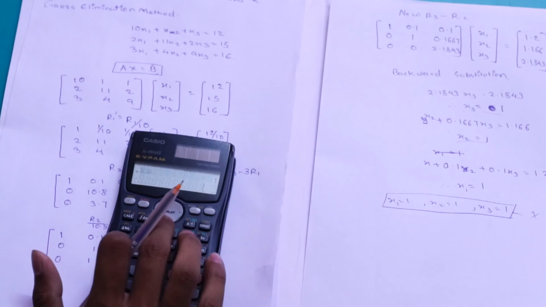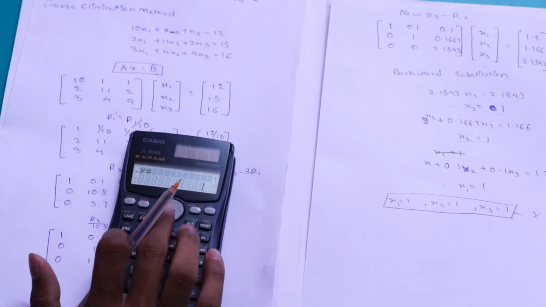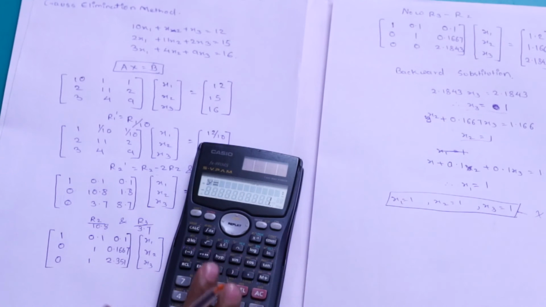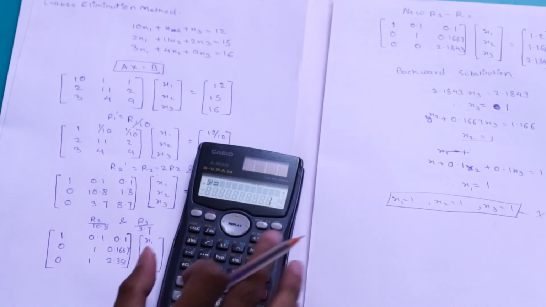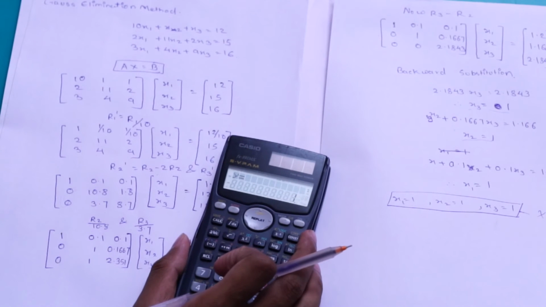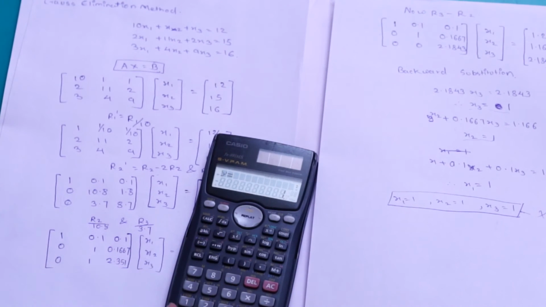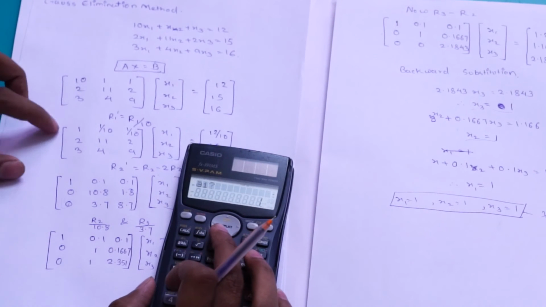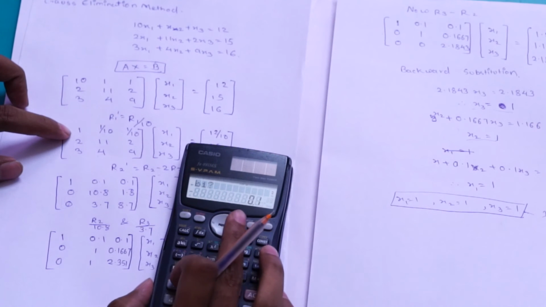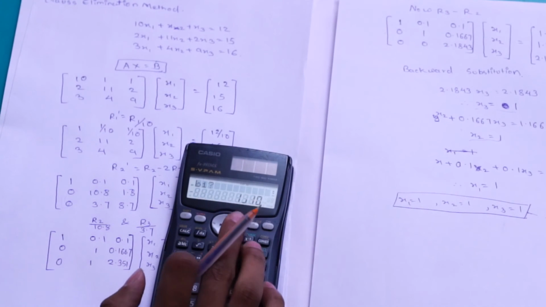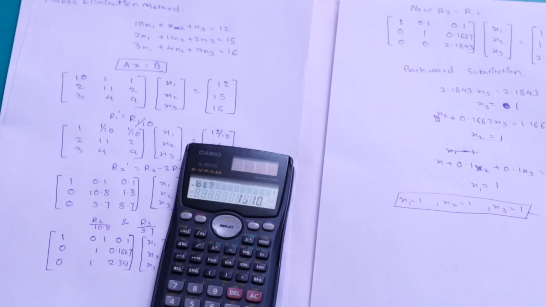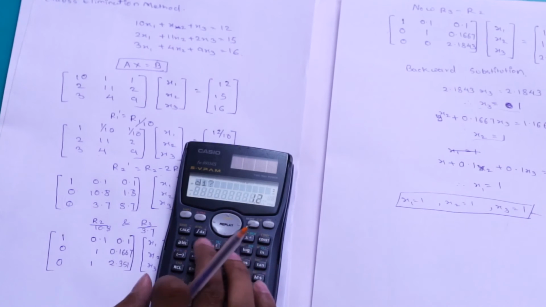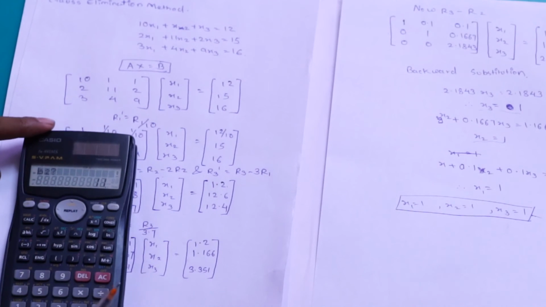Now we can see that the answers are the same, means the answers are not varied. So by this we can understand that the step we have used for the calculation in Calc is right. So now we get the lower matrix, means the matrix number 2. Now we can write it in the form, means A1 1, A2 0.1, means we can get in numerator and denominator 1 by 10. Similarly C1 1 by 10, 1.2, and the remaining terms are the same.